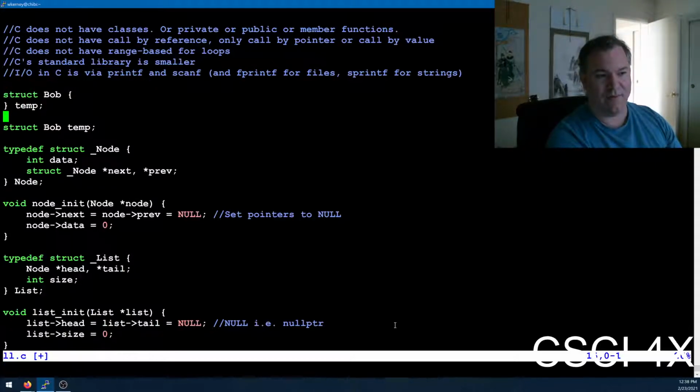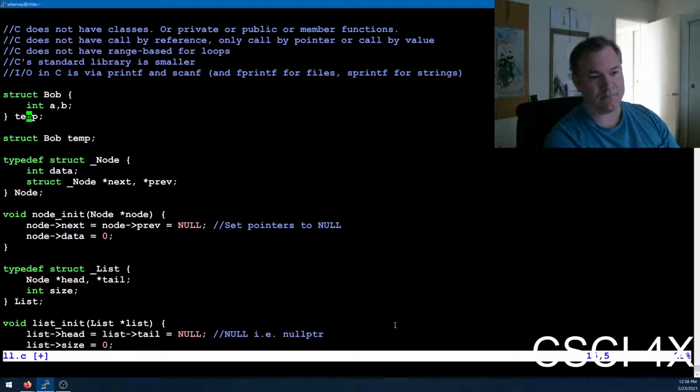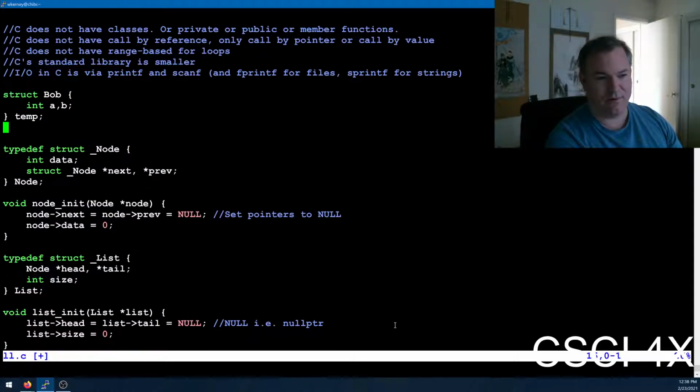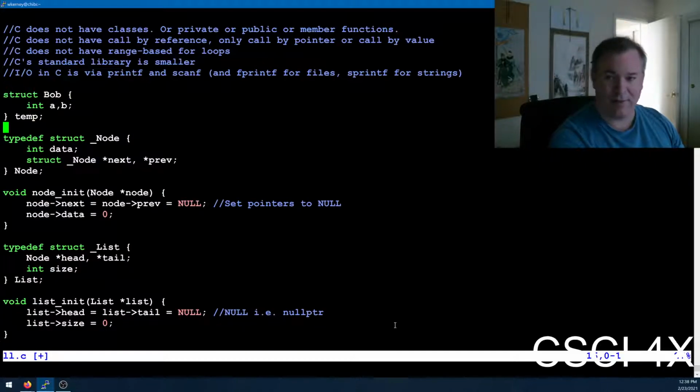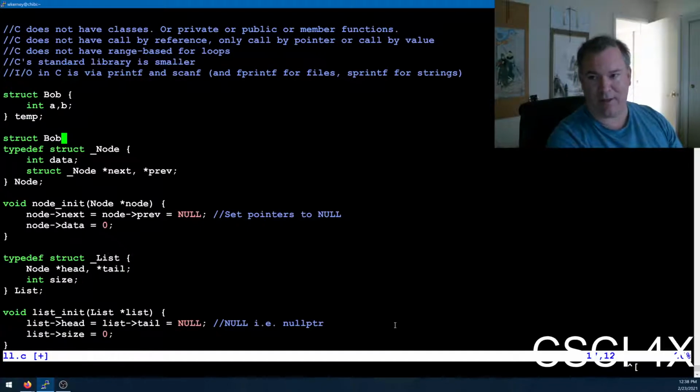So this makes a variable of type struct Bob. This makes a variable of type struct Bob. Both of them are named temp. They're actually doing the same thing, except this is also declaring what's in it. It's got int A and B, like that. So rather than having to do two separate things, you could just combine them together like that. But every time you refer to struct Bob, you would say struct Bob, struct Bob, struct Bob, and it's super